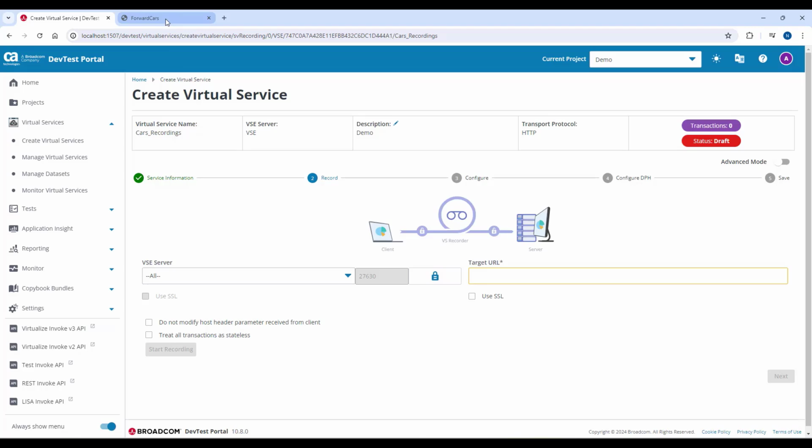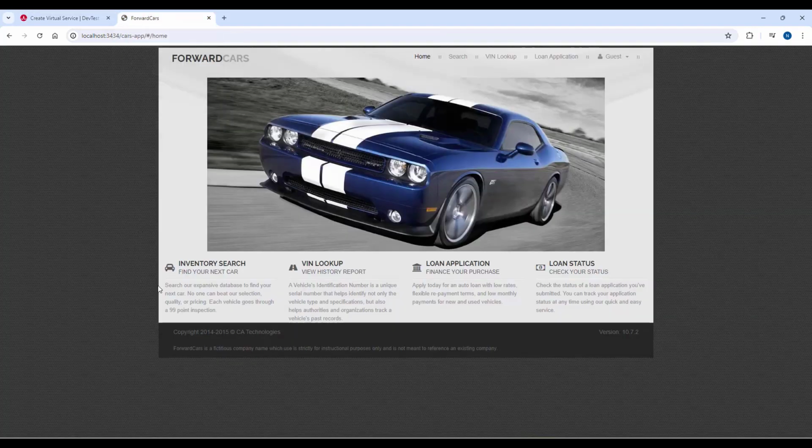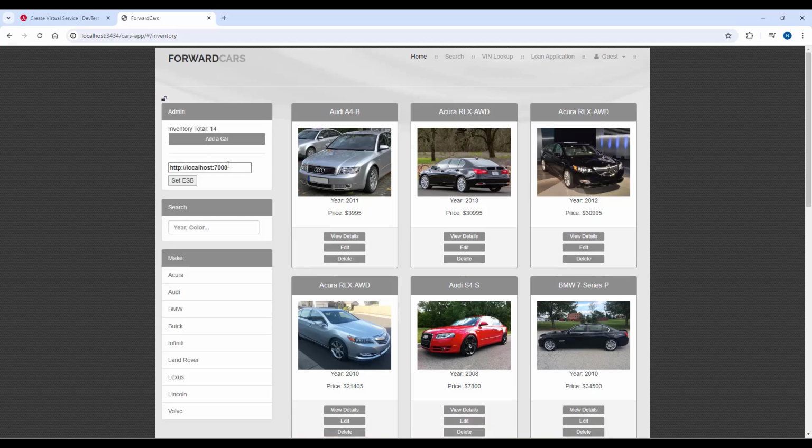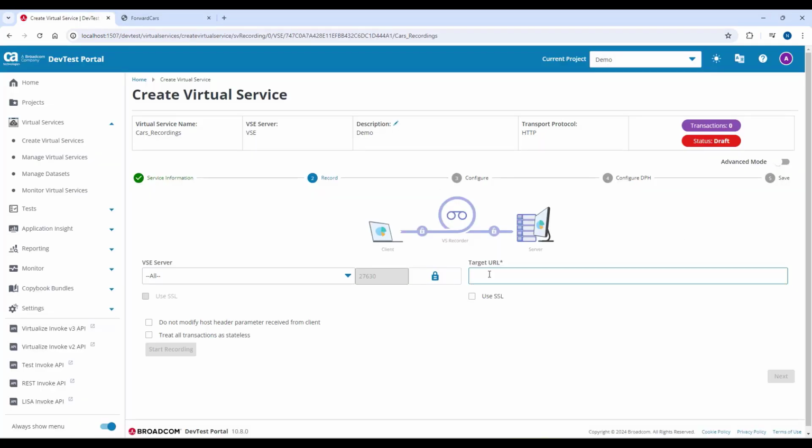So back over in Forward Cars, I'll click Inventory Search. Notice how in the top left corner of the screen, there's a small lock icon. Clicking the lock, I can see that it's currently looking at the live endpoint. I'll copy this and paste it into the HTTP transport protocol screen as my recording target URL in the box